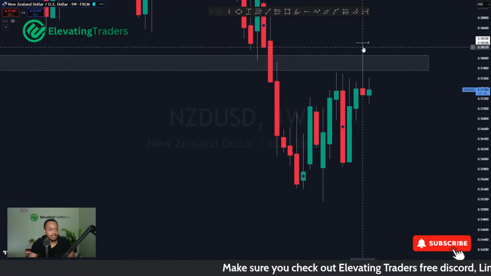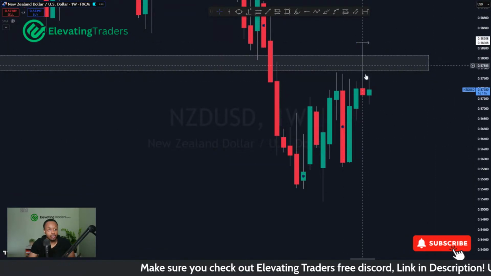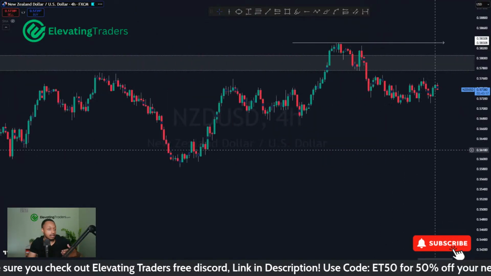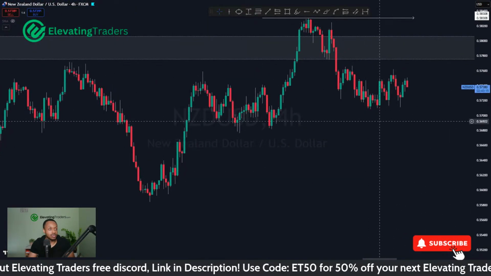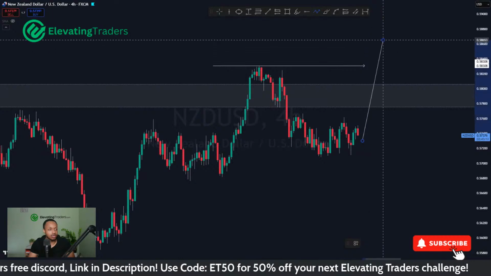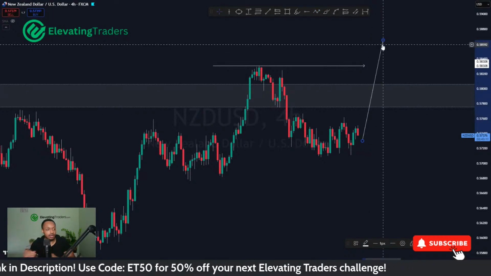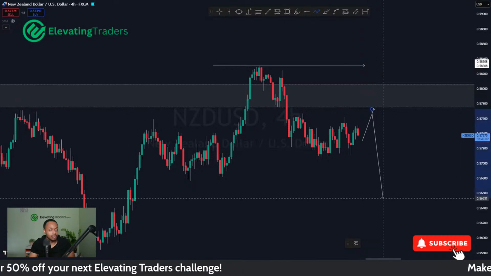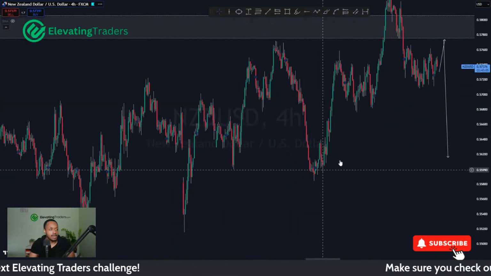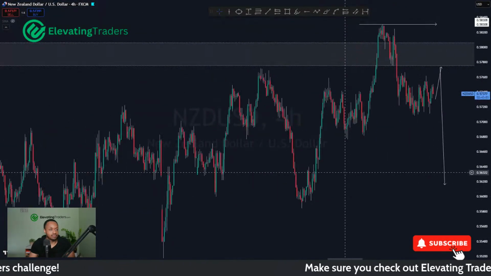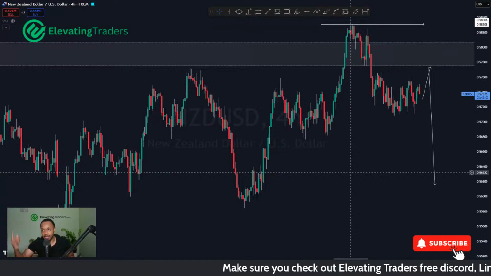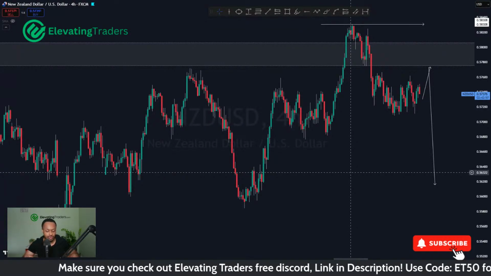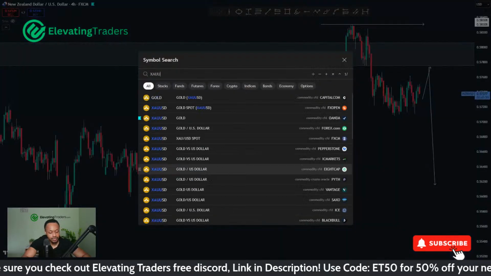I wonder, is that wick there potentially a new top for us to keep selling off? At the moment, it looks likely, unless we do something like this for NZUSD, a strong break above the high, then I'll stand corrected. If not, I kind of expect us to see a bit of a drop there in the next few days. And again, if dollar's going to push to the upside as well, you're likely going to see a bearish move there for NZUSD.